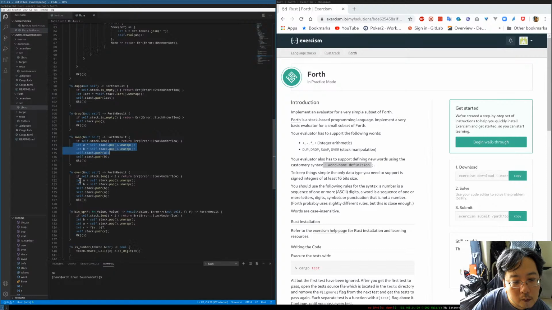And then over means that we're duplicating the... it's like dupe, but not with the last element, it's the one to last. So actually here, I think it's going to be done better because I'm actually popping 2 elements and pushing them back. So I guess we could do it this way, but instead of using last, we do len minus 2, because we have a stack, or we have a vector, so